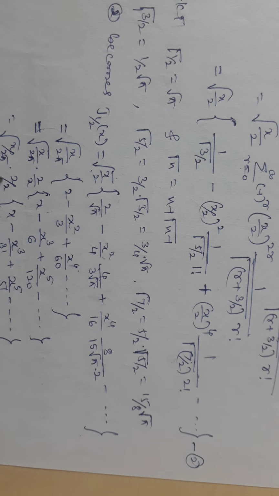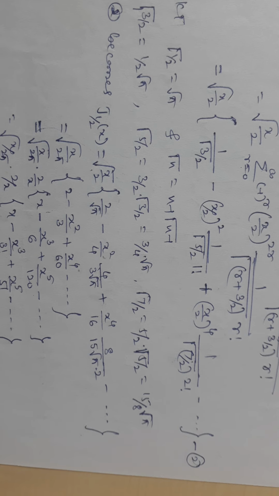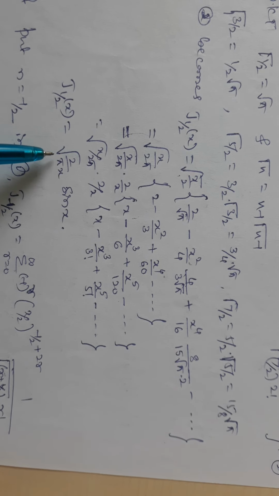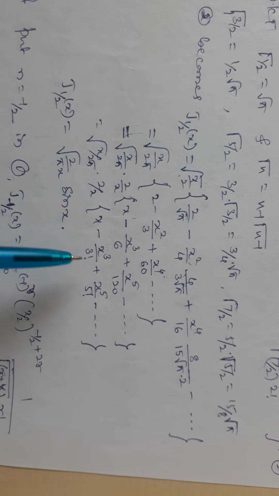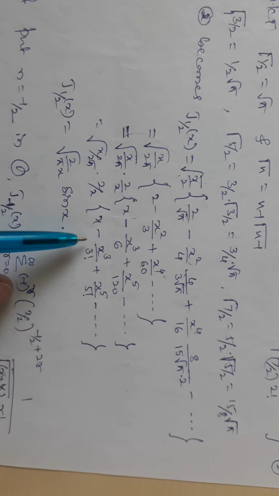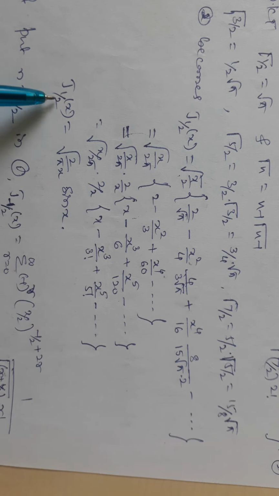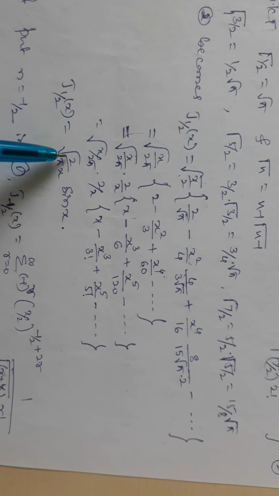Now this is a square root of x by 2 pi, this is 2 by x, then if we write under the square root, this is 4 by x square, therefore x square, x gets cancelled, in the denominator we will have x, and here this is 4, this is 2, and 2 ones are 2, 2s are, therefore we will get square root of 2 by pi x, and this bracket term is the algebraic expansion of sin x, hence it is J half of x equal to root 2 by pi x into sin x.